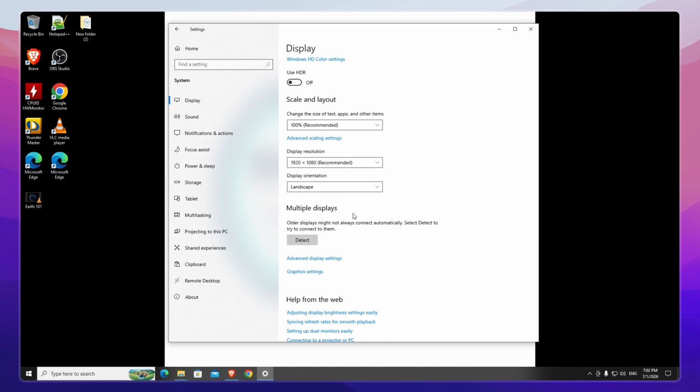And there you have it. You've successfully set up your wireless display connection on Windows 11, giving you the flexibility to extend or mirror your